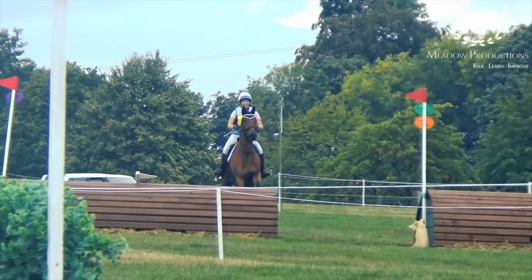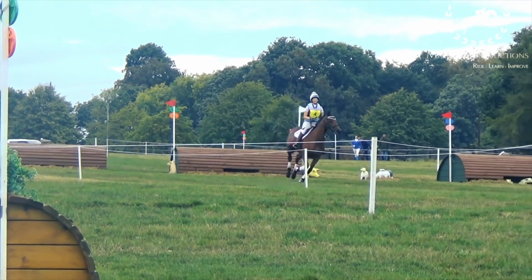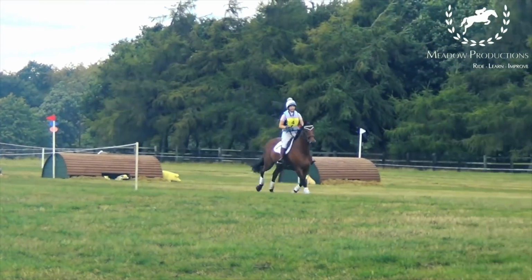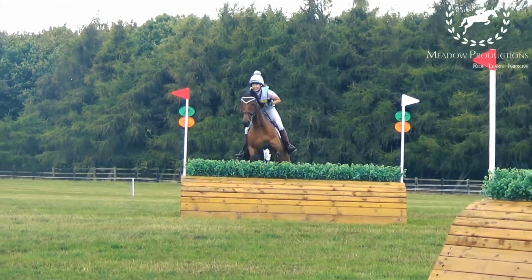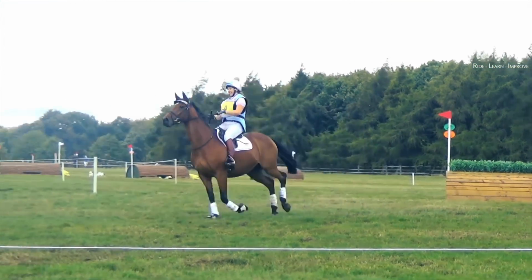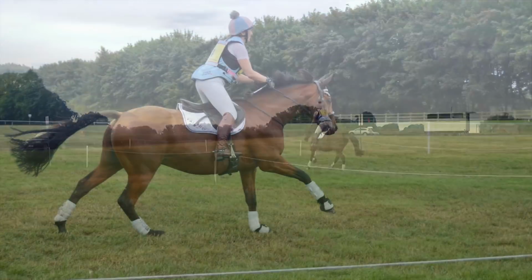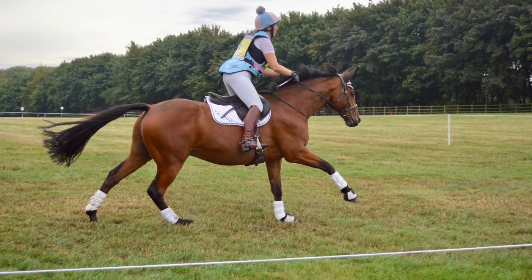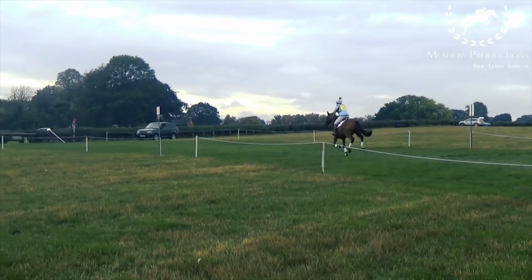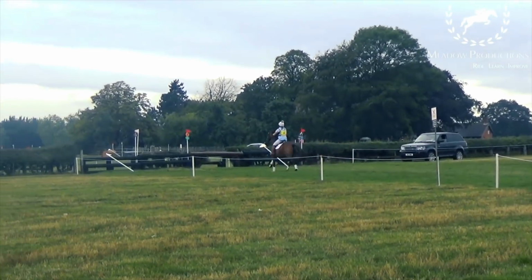So fence 3, I think that's not much to look at. He backed off again, bastard. So I kick him a bit more. My reins are getting a little bit long now, so I've just shortened them up. I've taken a bit of a hold because there was a double of fences like this that I had a bit of a problem with at another course, probably Bovington, I think it was, that he really backed off and I got a really bad jump over. So I just made sure that I had him right between my leg and my hand there,